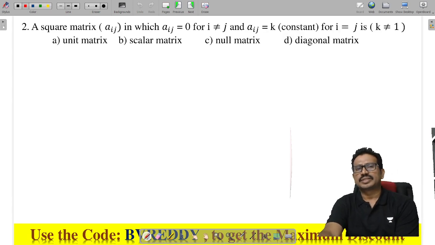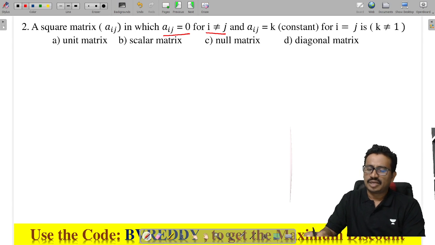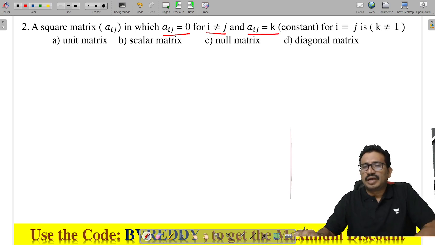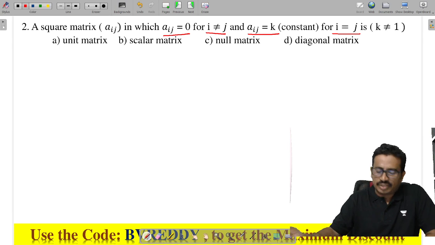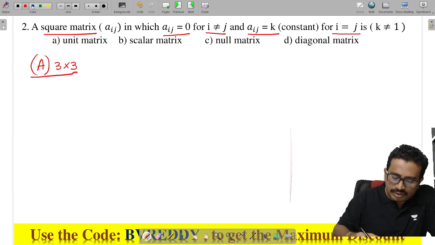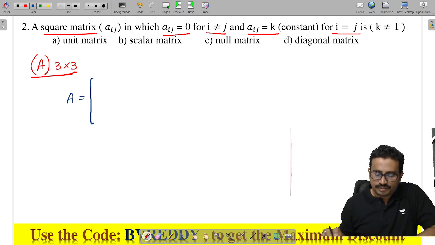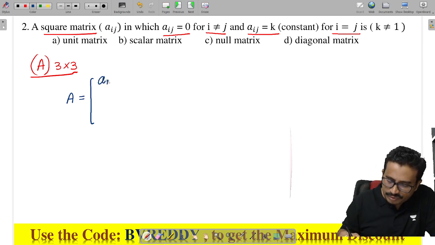A square matrix is given with elements Aij, where Aij is 0 when i is not equal to j, and Aij equals k when i equals j. Let us consider a matrix of order 3 cross 3, so n is equal to 3. Now if you take this as matrix A, the elements we can take are A11,